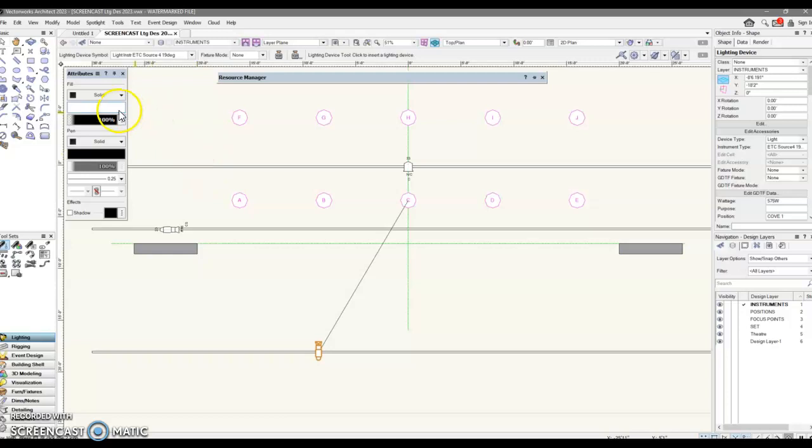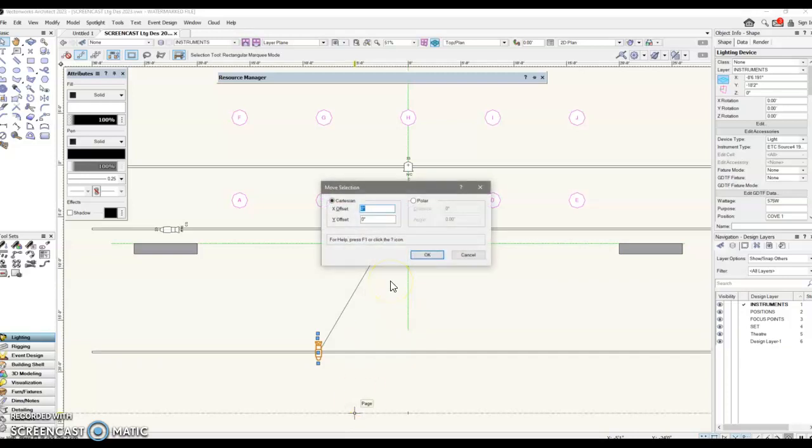And now I'm going to want to give that fixture some information. But before I go on and give it its information, I'm going to X back to my Select tool, and I'm going to duplicate this. How far is it between our lighting focus points? It's 8 feet, isn't it? So I can duplicate this fixture, and I can move it to the right. That was a Control M that you didn't see me do there. And I can move it to the right 8 feet, 0 inches,